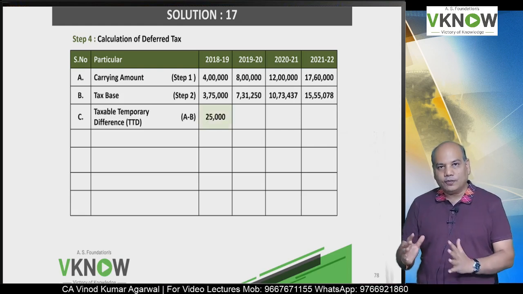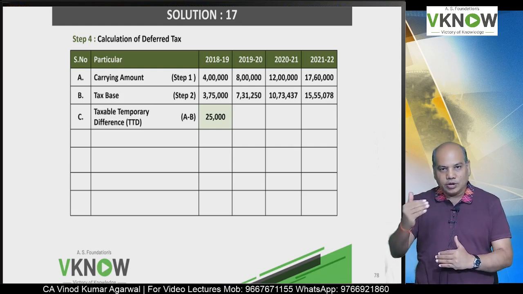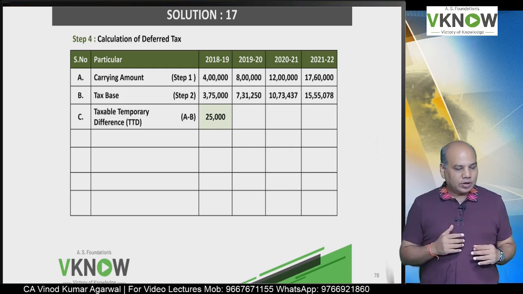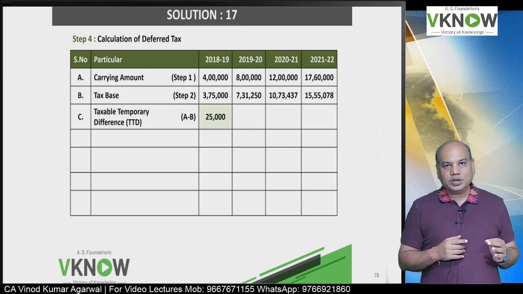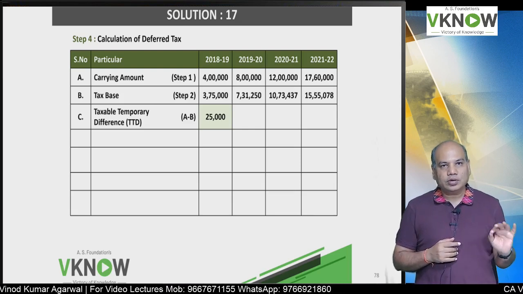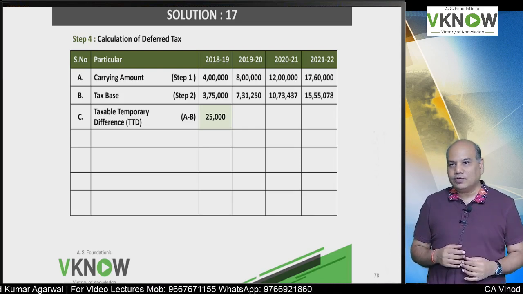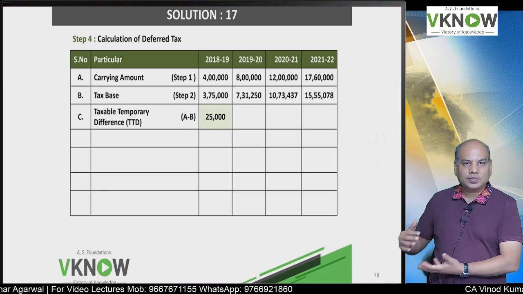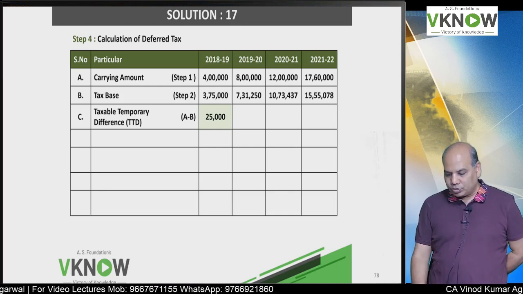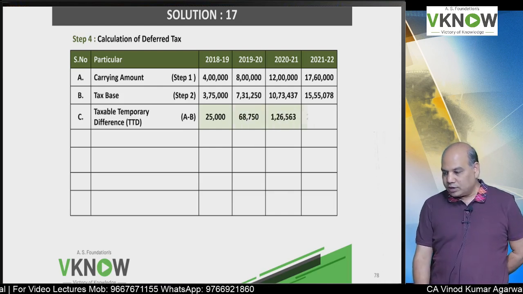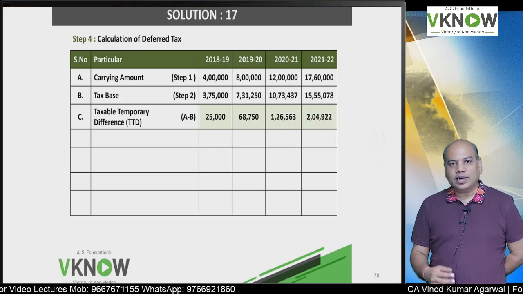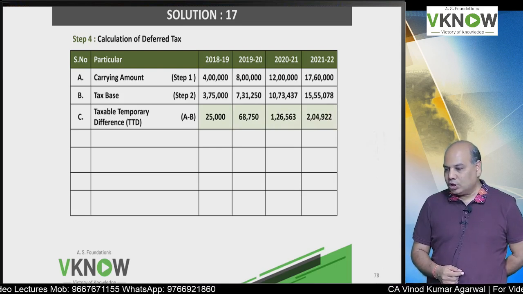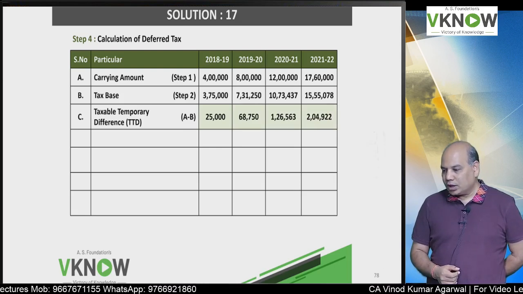In all the 4 years, carrying amount is more than tax base, and the reason is depreciation rate is lower for accounting but higher for taxation, so your tax base is on the lower side. No problem, whatever is the data, on that basis you have to solve. In all the 4 years, I have TTD,